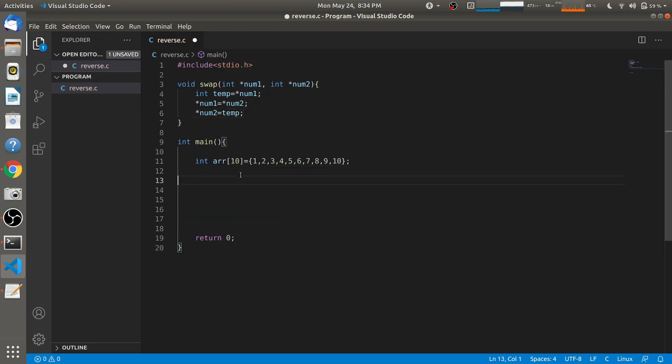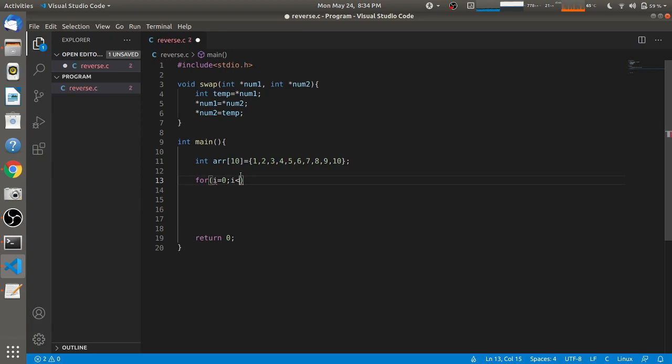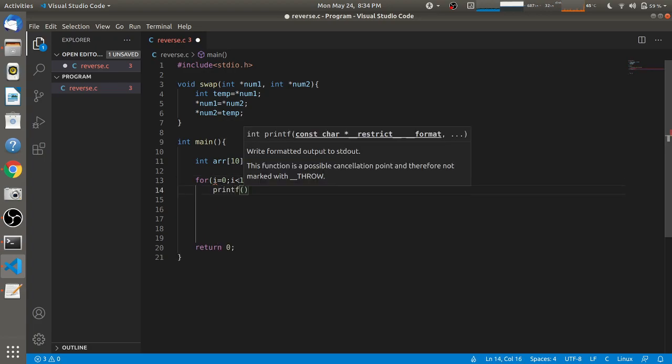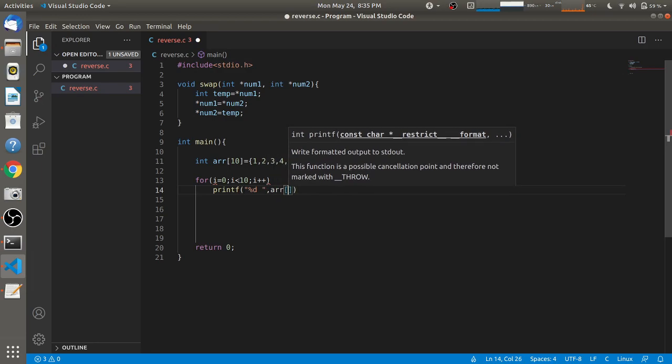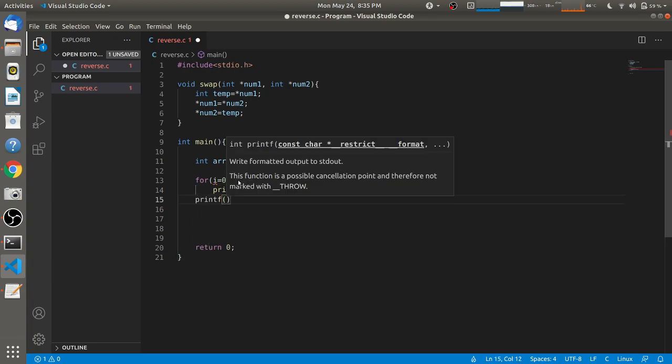So after that, what we are going to do is that we are going to print this array. So as we know, array index will start from 0, so it will go till 9. So this 10 will have an array index of 9. So we have to give the condition, that is i less than 10, and then modification, that is i plus plus. And after that, we have to just print the values of the elements in the array using %d access specifier and then arr of i. So arr of i will access the value of that array, and then after I'll give a next line character